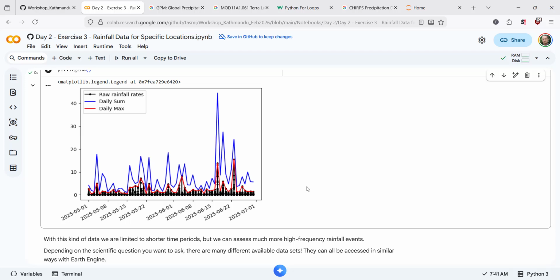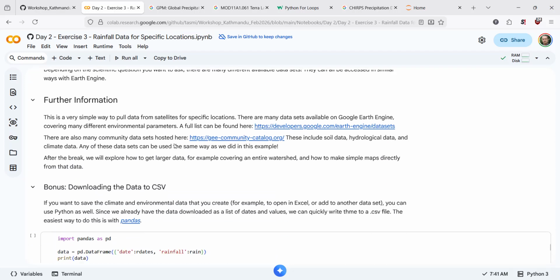All right, I think there's some further information also in here if you want to get more into these data sets, and there's also a whole community organization of these kinds of data sets. If you want to download the data, you can also do this very simply with pandas if you want to save it for future use. This is exactly what Bodo was showing yesterday as well. So you can go from sampling this big data from Earth Engine and then saving it to your computer for making whatever kind of charts or analysis you want to use. And with that, I think